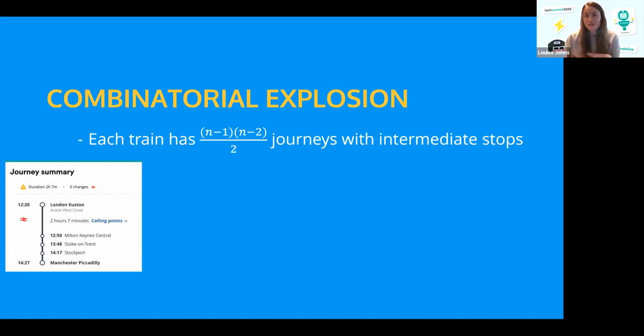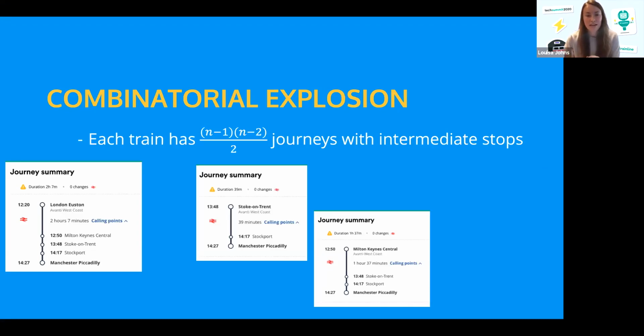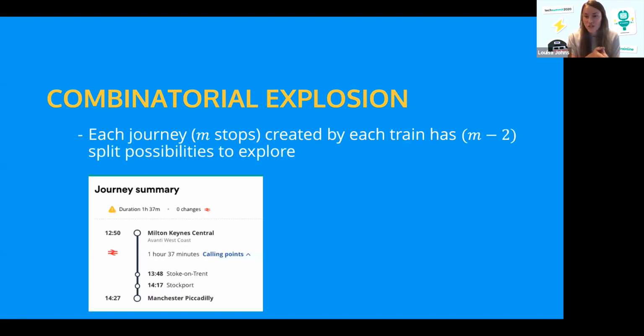I then mentioned that actually not all of them, like you could have a split ticket on if they're a direct train. So some of them go away, but you still are left with n times n minus 1, n minus 2 over 2 different journeys. So that's still 45 different journeys with intermediate stops if you've got an 11 stop train, which is still quite big. And then it gets bigger because, as I said, for each journey, there's lots of different split points that